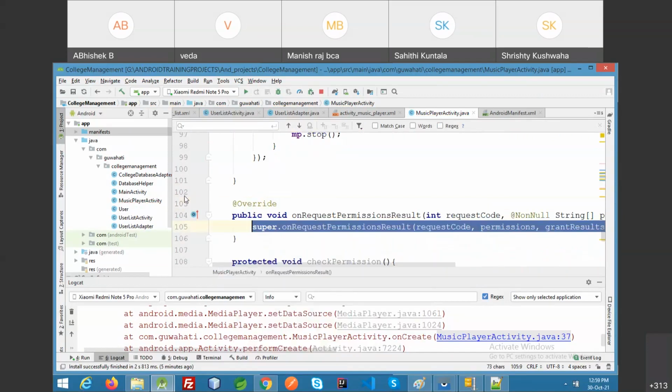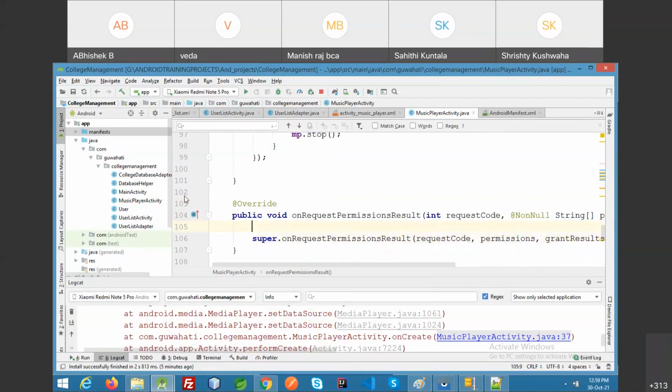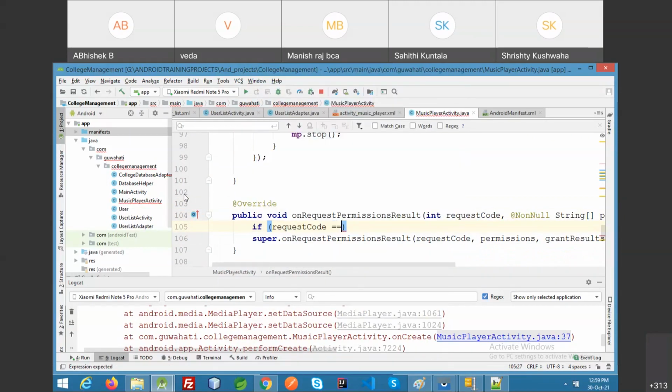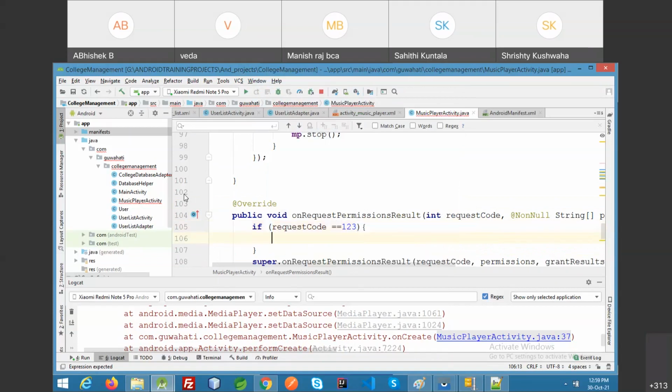So in this method, we will check the request code. Switch case or if request code equals 123. That is if it is a permission of read external storage. Fine. So if